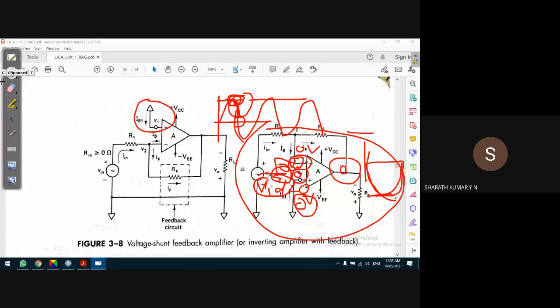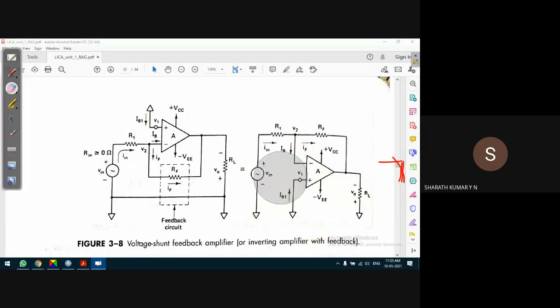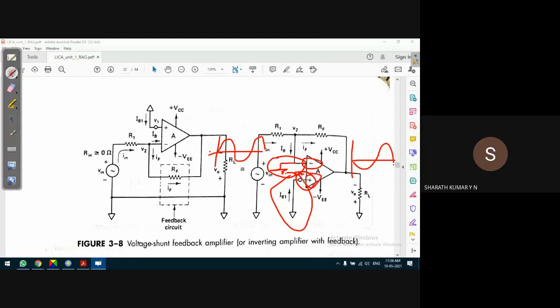The question is always, let's say I don't want to apply any input voltage to the non-inverting input terminal. Can I keep it open? I'll not connect anything. Let this pin be open. No, that will not serve the purpose. If the pin is open, the terminal will never go to virtual ground. So to force the inverting input terminal to be at the virtual position, so that the output voltage changes only when the input voltage changes, we have to connect the non-inverting input terminal to ground.